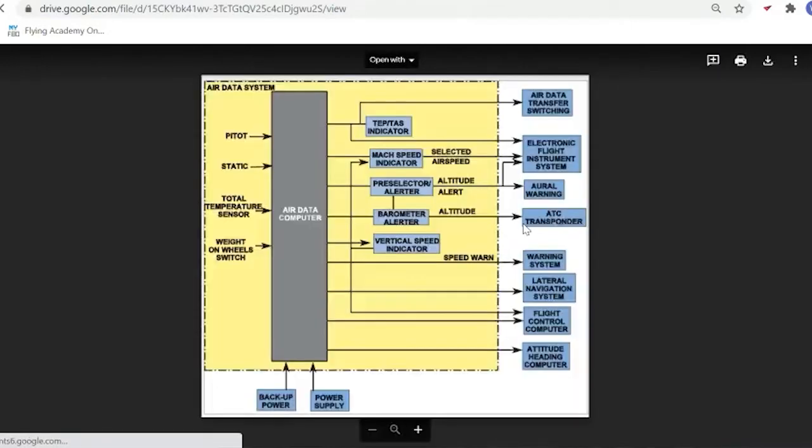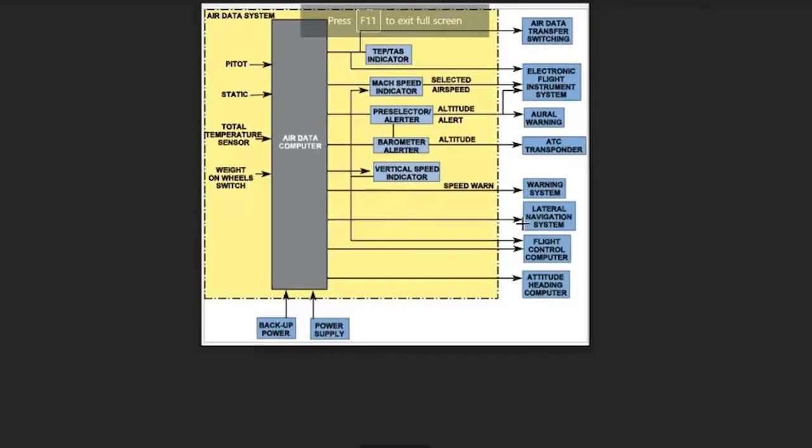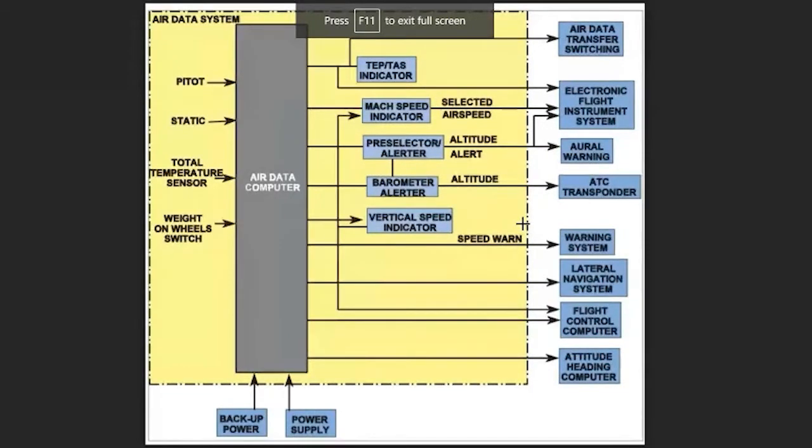There are actually a lot of questions about the air data computer, but the main idea is which information we have in input to the air data computer and which information we will have in output from it. Technically, the air data computer, or ADC, is the computer which recalculates all of the parameters of the air for us